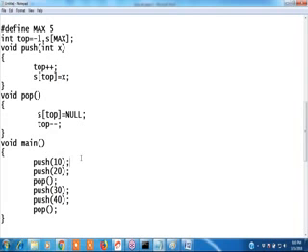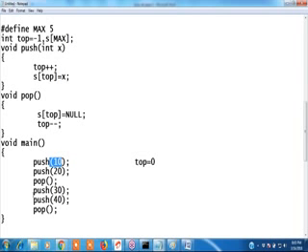10, right? When you insert, what will happen to top? Top value is 0, right? First, your top is 0. We are inserting 20 also. After inserting, the top value is raised by 1. Previously 0, now it is 1. Again, pop. If you apply the pop operation, then the top value is decremented by 1. That is top 0. Now one element is there.